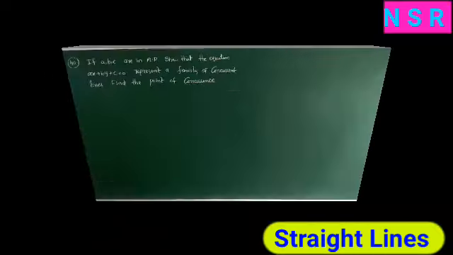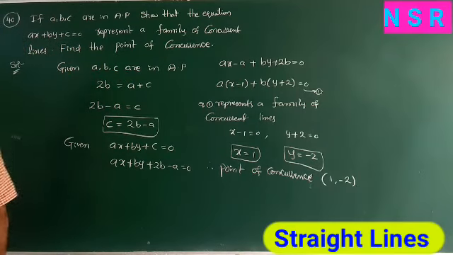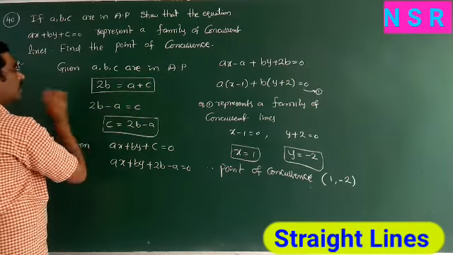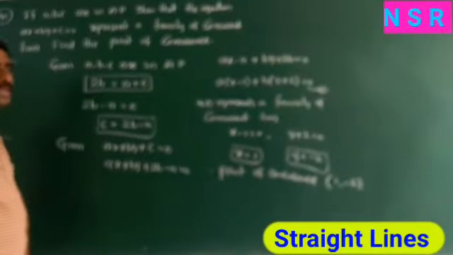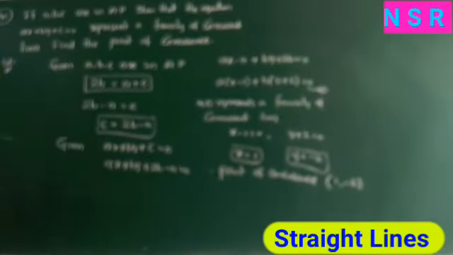So this is a very important point. In this question we are using that a, b, c are in AP. So we have a condition, that is 2b is equal to a plus c. If a, b, c are in GP, we have the condition b square equal to ac. That is the GP condition. So we are using the AP condition. a, b, c, three constants, are in AP. What is the condition? 2b is equal to a plus c.